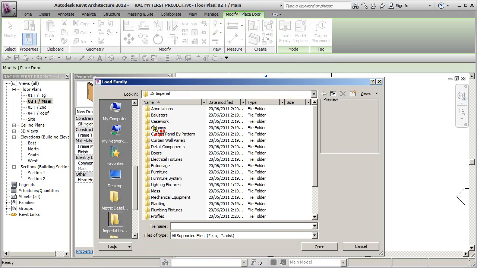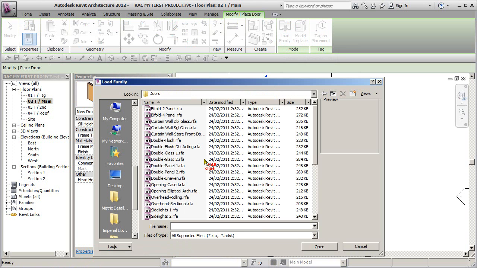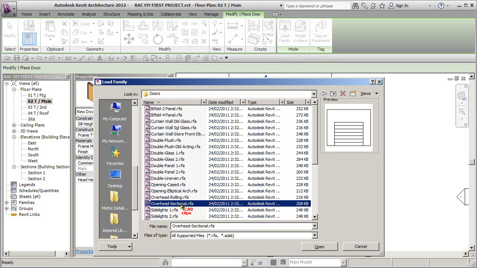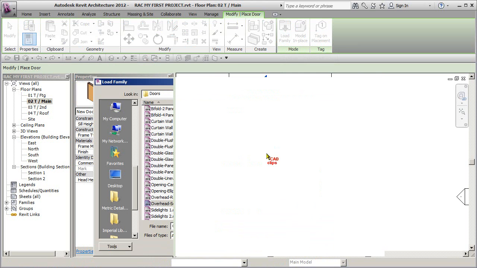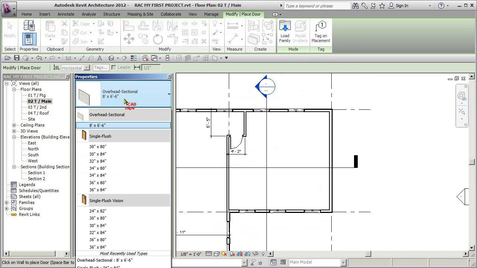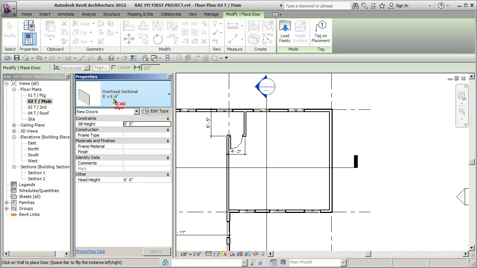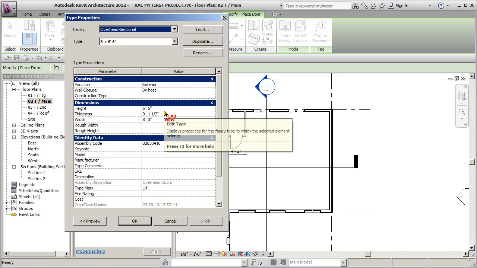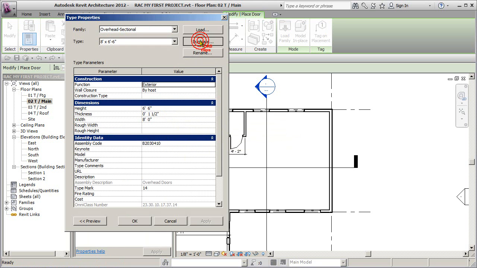We don't see an overhead door, so we're going to say load family, we're going to go to the doors category. It is the category, and we want overhead sectional door. Bring it in, hit OK, opens it up. 8 by 6'6". No, we want an 8 by 8. So what do we do? We say, okay, take the 8 by 8 by 6'6". Then we say edit type,